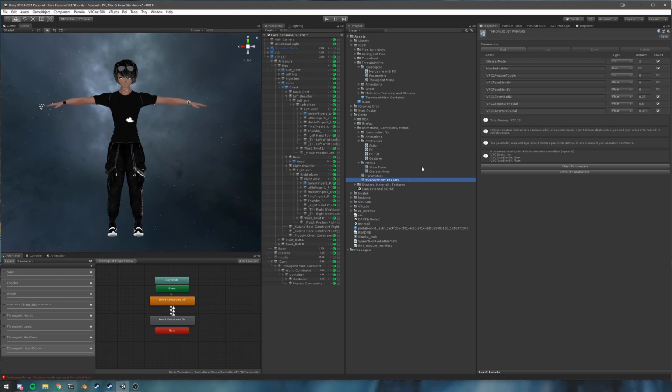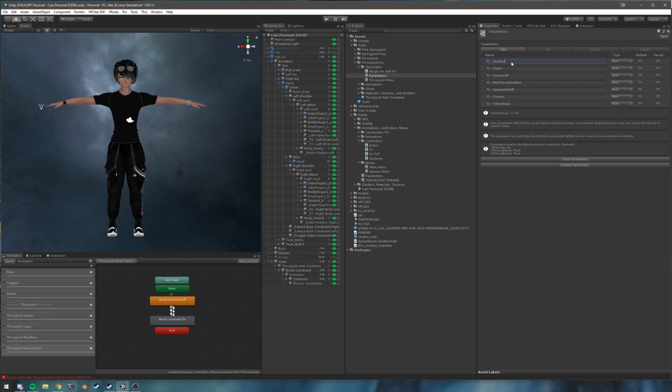And then what you're going to do is you're going to get these parameters. You're going to see your parameter list here, and you want to go to my Throwjoint Pro descriptor folder again. Click on these parameters, and you want to copy over these parameters exactly as they are to your avatar's parameter list. The easiest way to do this that I found is you click on my parameters list and you click on the lock button on the top right, and then you want to click on the little hamburger menu with the arrow next to that, and you want to do add tab inspector,